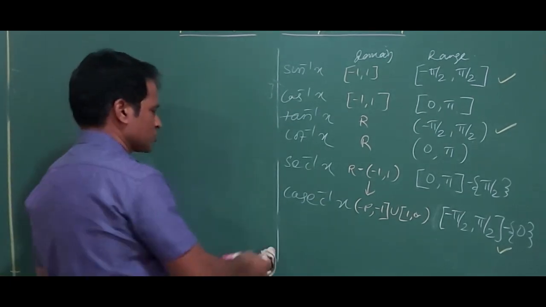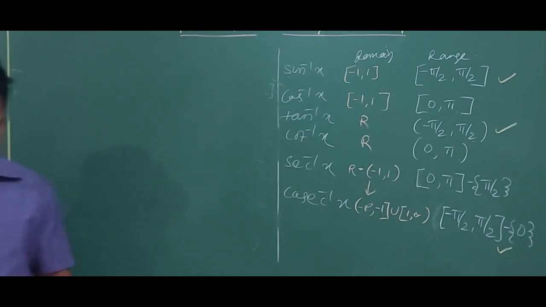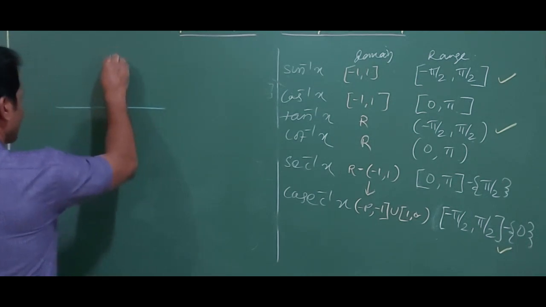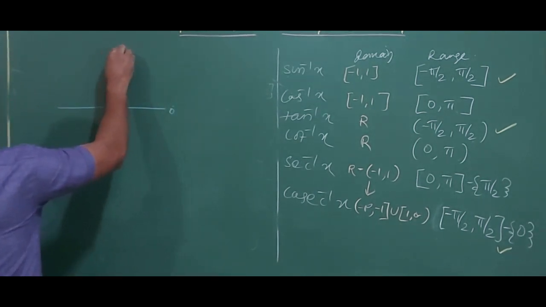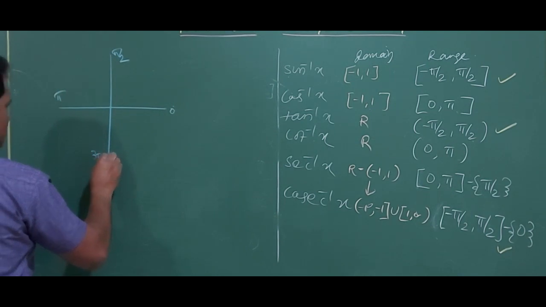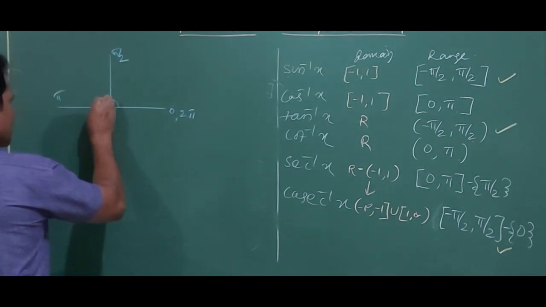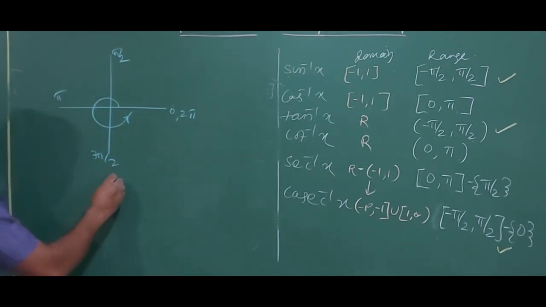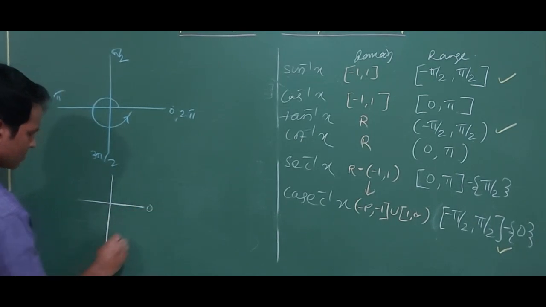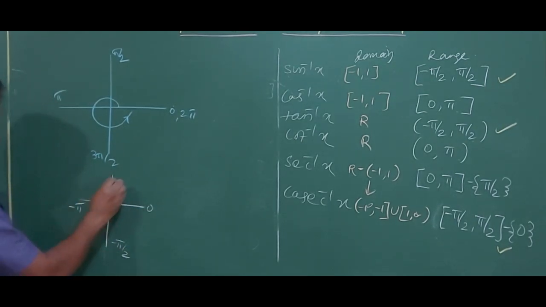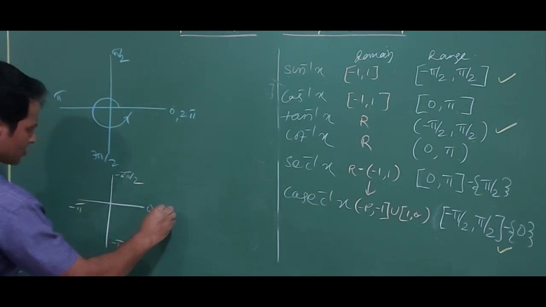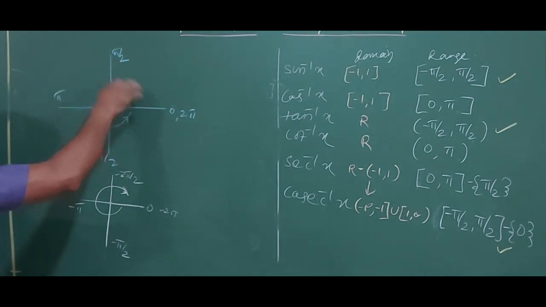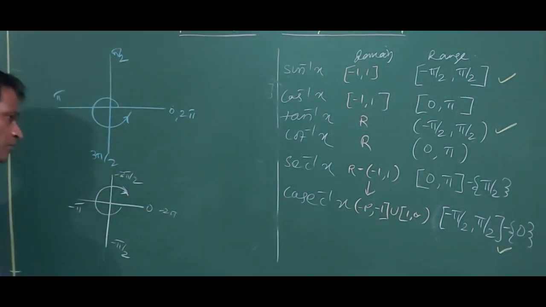Now we are entering into some crucial stage. When I think about normal circular trigonometric functions, I can take 0, pi by 2, pi, 3 pi by 2, 2 pi. I can take any number of rotations anti-clockwise, or clockwise as well: 0, minus pi by 2, minus pi, minus 3 pi by 2, minus 2 pi. I can go anti-clockwise or clockwise, any direction.